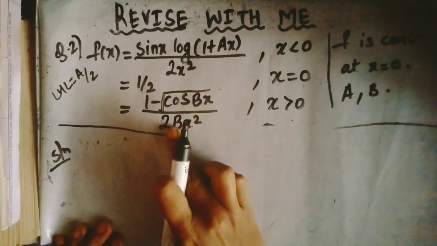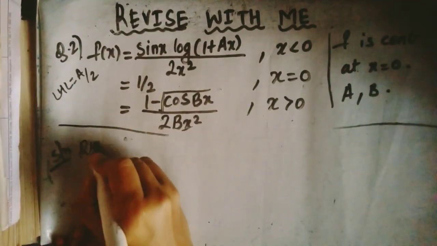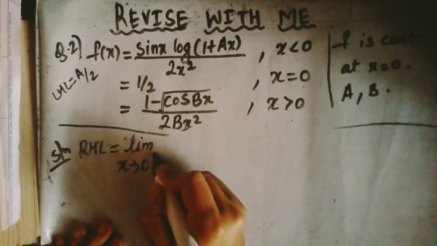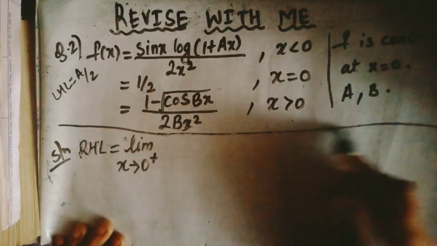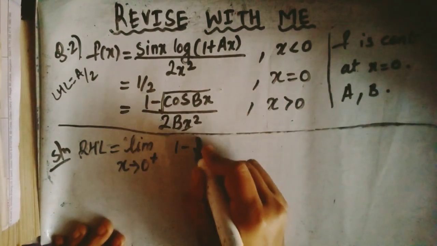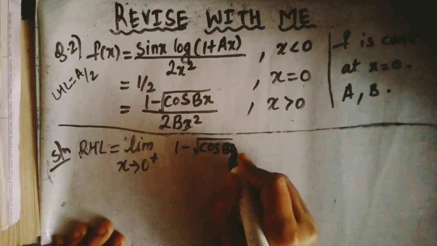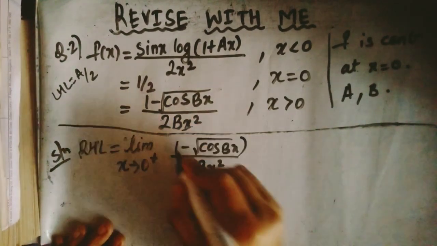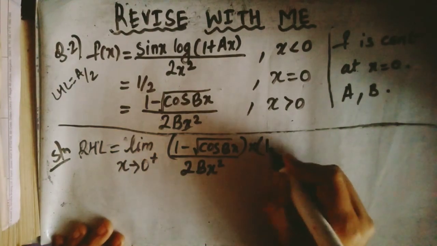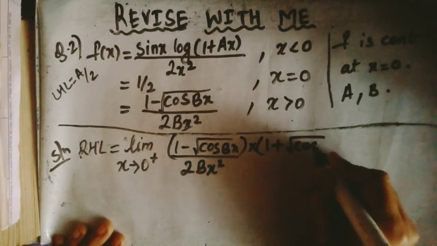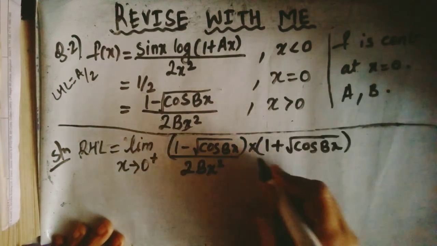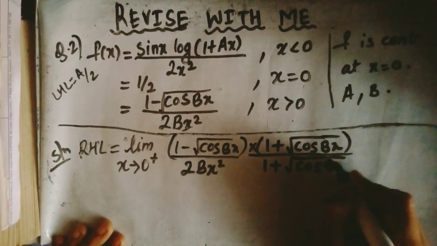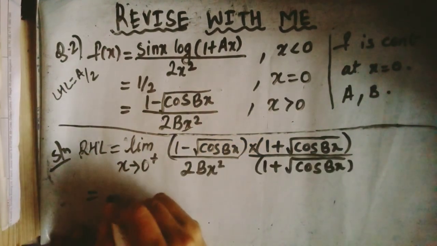Now RHL, right hand limit as x tending to 0 plus. Okay. Now here 1 minus root of cos bx upon 2bx square is given. Now I am rationalizing it. So this will be 1 plus root cos bx upon 1 plus root cos bx. Okay. So your numerator becomes